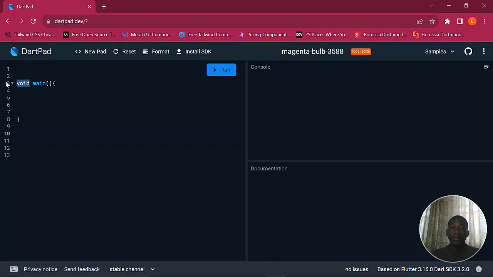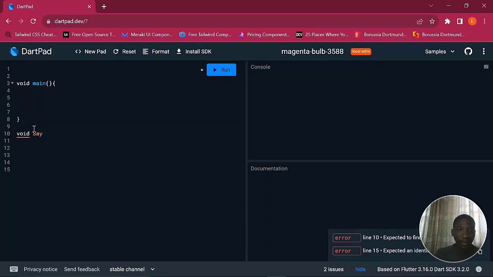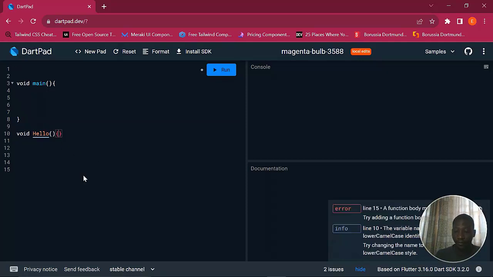So let's create a function. You can create a function by specifying the kind of function you want to create. Void means nothing, so we can actually print something here. So let me say void hello, followed by these brackets. Then we have this. Now I can decide to print